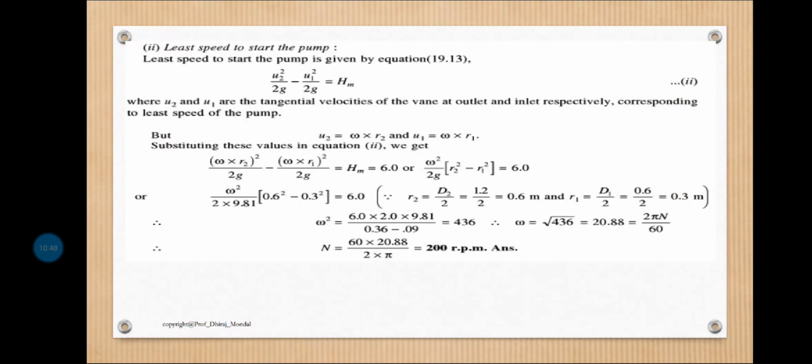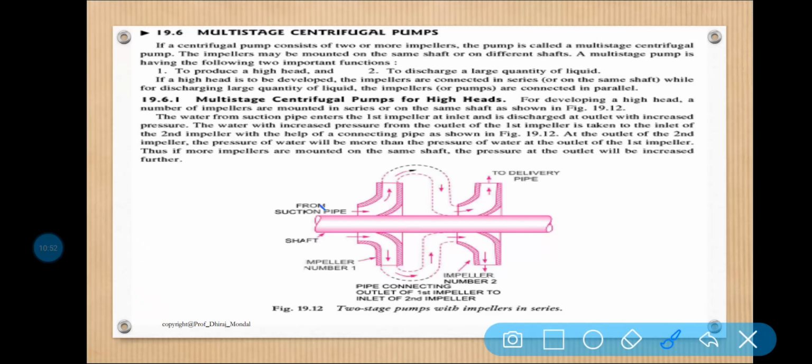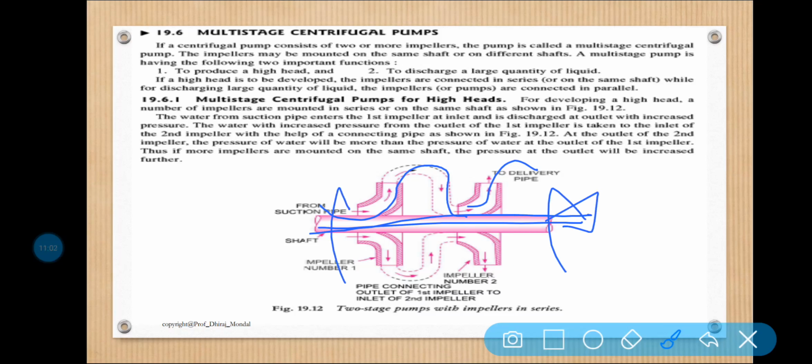So this is why this multi-stage centrifugal pump for high head is needed. And you can see in the diagram again, the water is entering, then pressurizing, then entering another impeller, then it is delivering. Okay, and this shaft is rotating, that means one shaft is rotating and a lot of impellers are rotating at the same time. Now what are we getting? High head. That means at this time head is increasing.